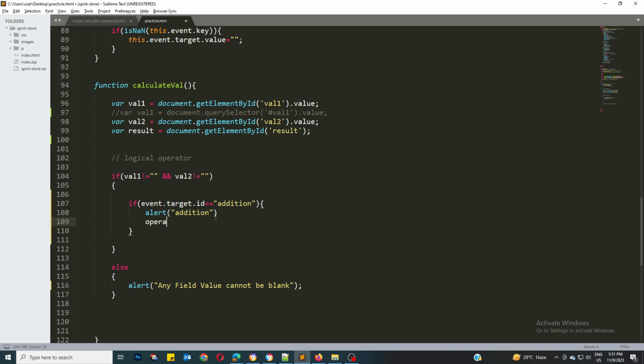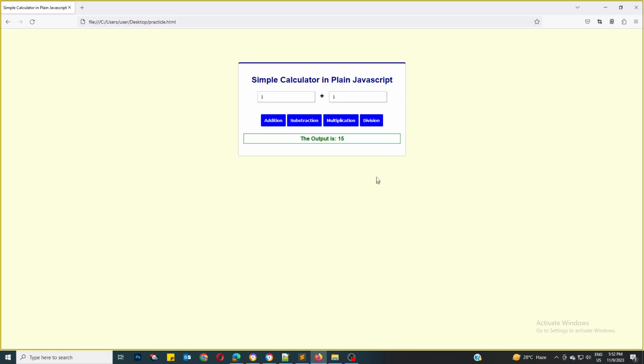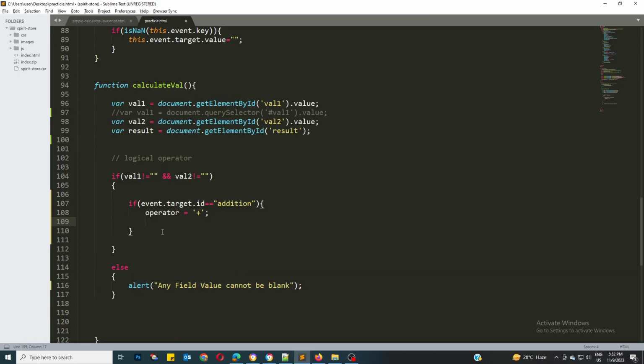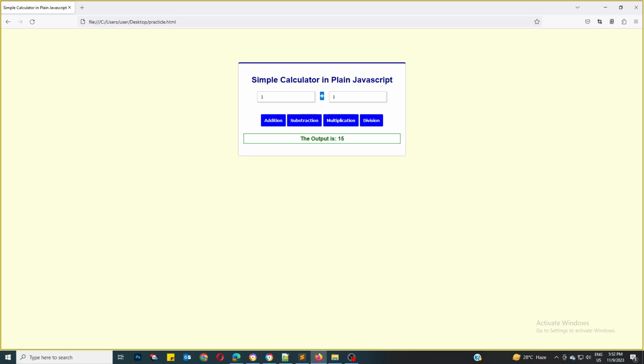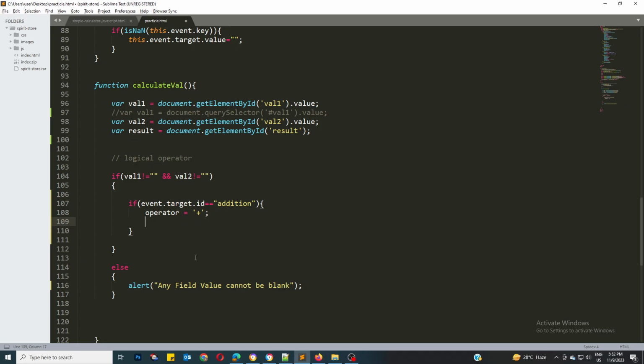Okay, now operator will be plus, taking as a string. Don't need alert. We need to change the value here also. In the case of the other three buttons, now it's default plus. It's okay in this case, but for other buttons it's not okay to display the plus sign. So for this, document dot get